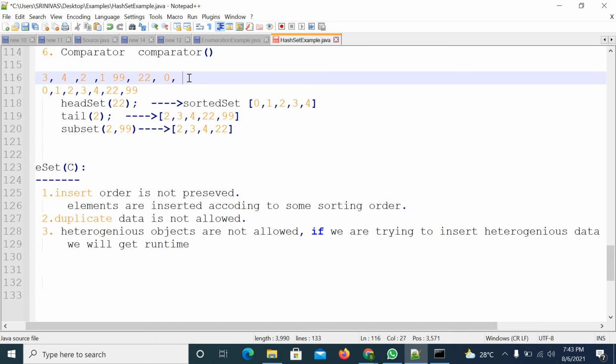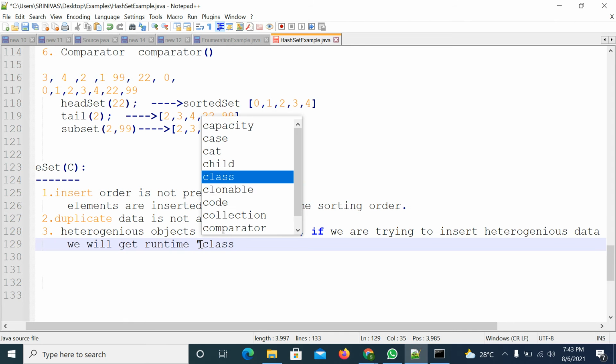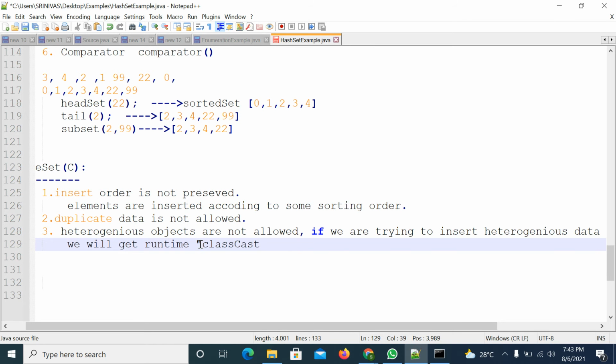Suppose numbers are there and some strings are there. Whenever it tries to compare them, it is unable to, so you will get a casting error, that is, a ClassCastException. We will see all these things with examples.